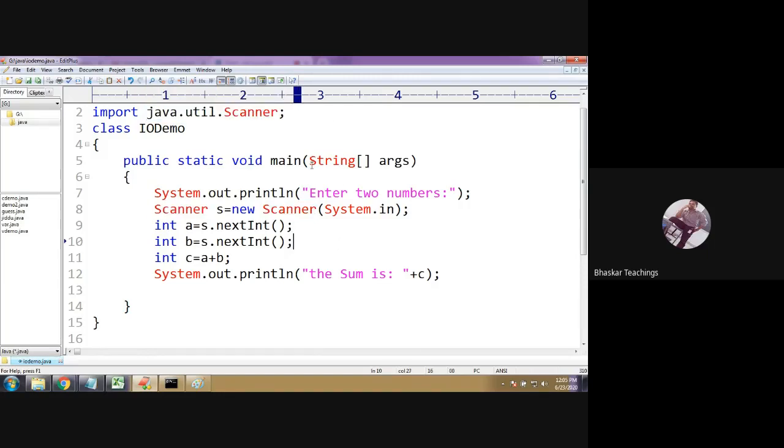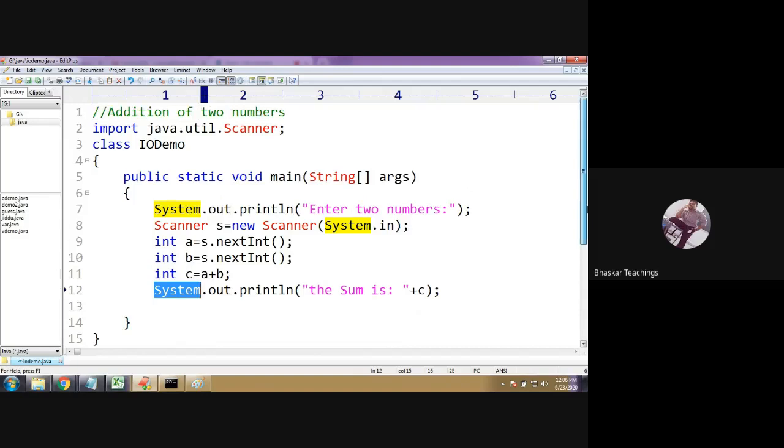But which package the String and System classes belong to is the question now. That is the question asked by Shreya. Yes, we are using two more inbuilt classes, String and System, but we are not importing any package for them.